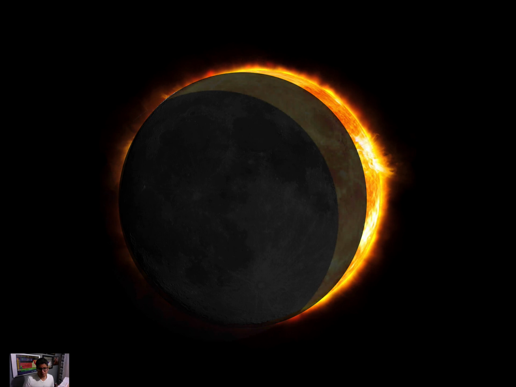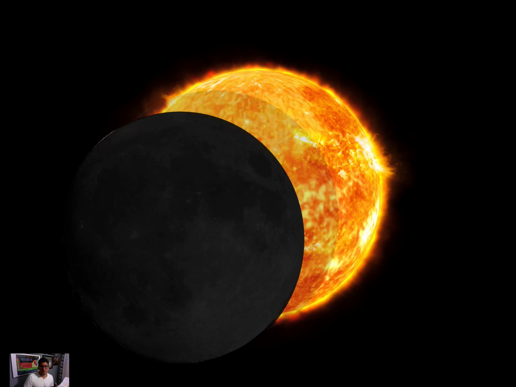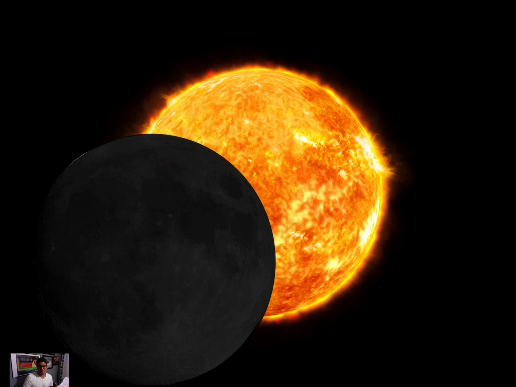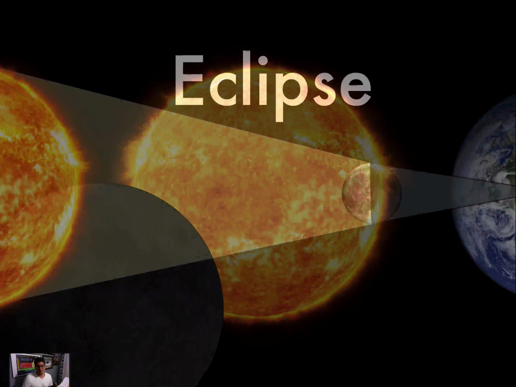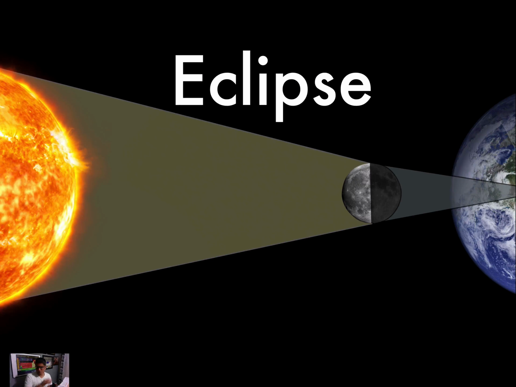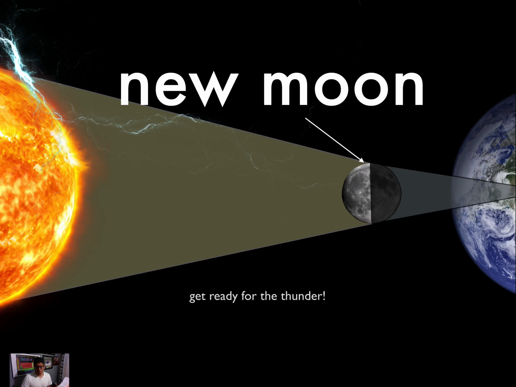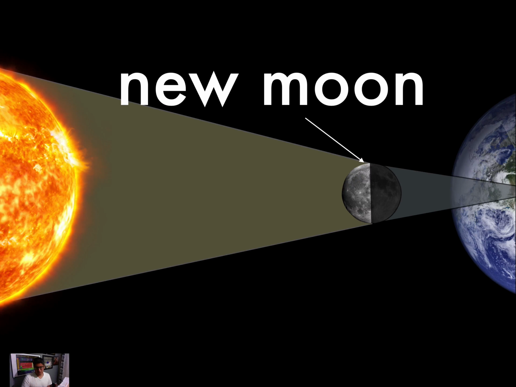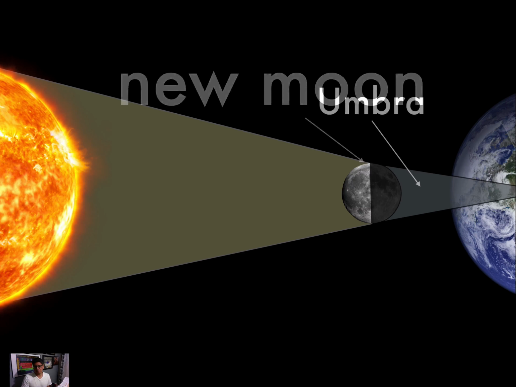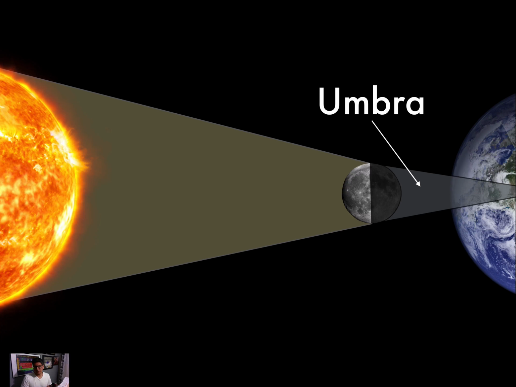So a solar eclipse is when the moon gets in between the sun and the earth, and it completely blocks out the sun's light. So here you have what I'm talking about, where the moon, now this is a new moon position here. Okay, that's a new moon. And the new moon is casting a shadow on the earth because it's positioned itself just perfectly in between the sun and the earth. Okay? So the moon is casting a shadow, the darkest part of which is the umbra, and that's where you're going to see